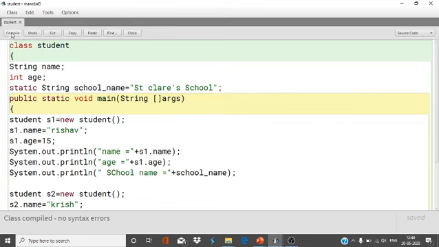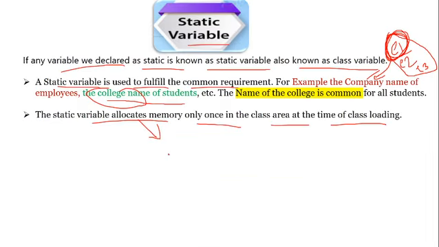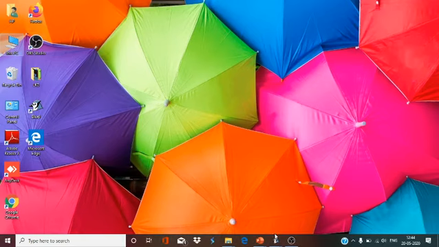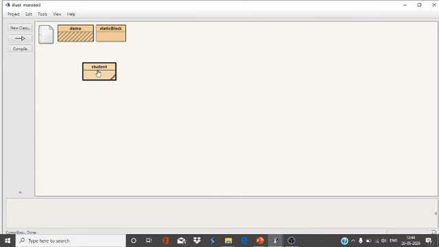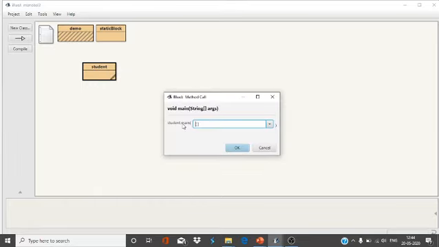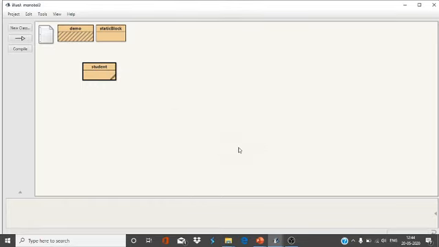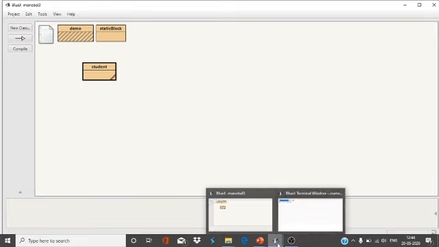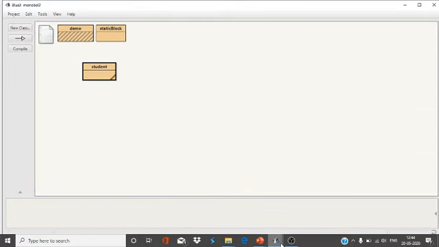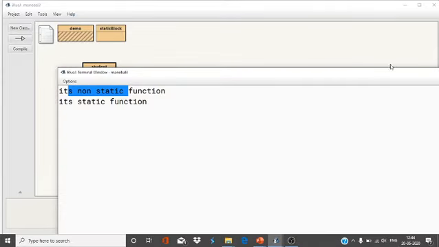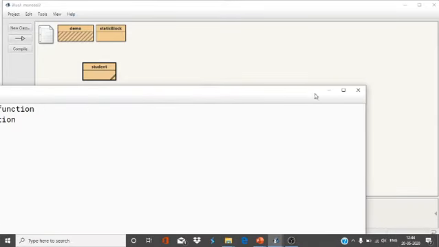Now compile it. No syntax error. Go to the compilation part, Student, void main, and you can see the output.